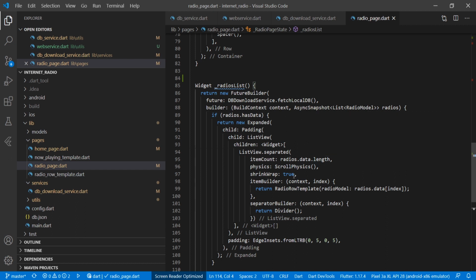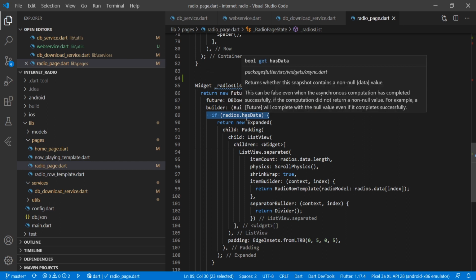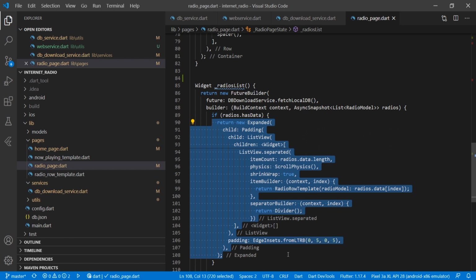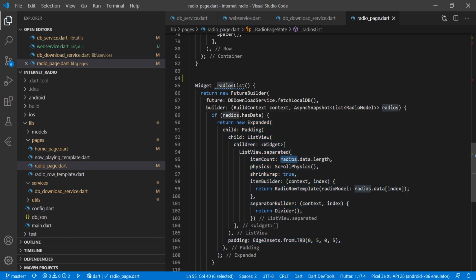What we are doing here is calling our future builder, and in the future we provide db download service dot fetch local db. In the builder we provide the context, and then the async snapshot of our list of radio models. Here we check that radios has data. Then we call our expanded method, which we have used earlier with the hardcoded values.